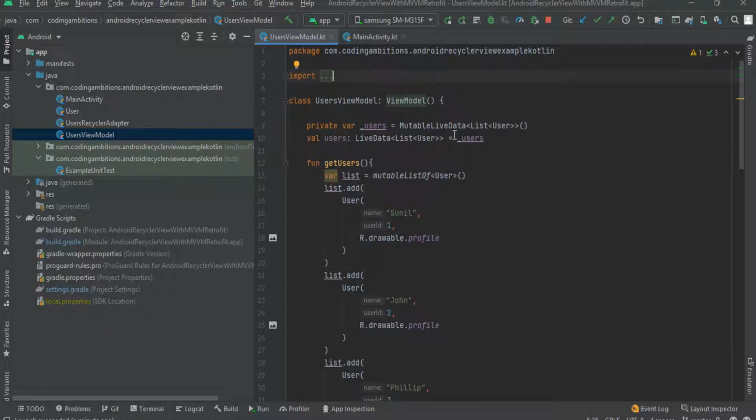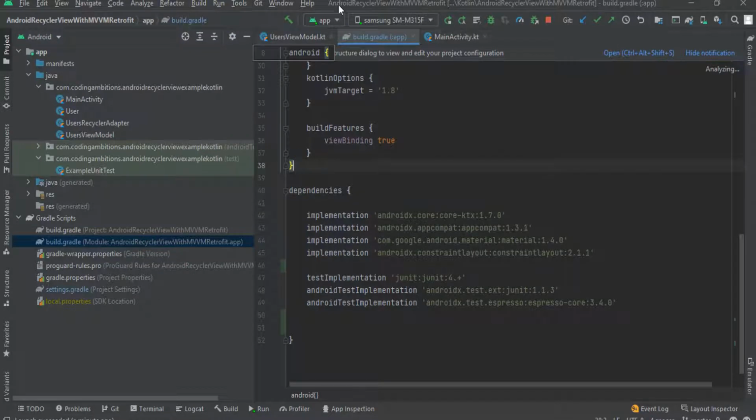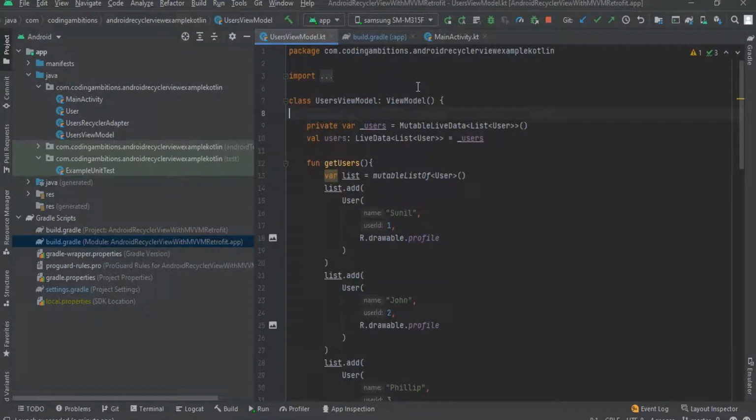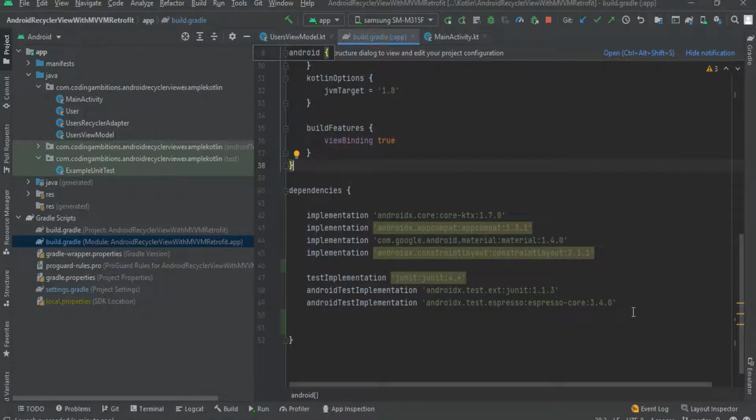So first of all, we will add some dependencies in Gradle, because if we want to use Retrofit for networking, then we will have to use coroutines as well. We will have to use the library for coroutines and Retrofit, and with Retrofit we also need a converter factory. You will not understand that by this time, but you will understand it later in the coming videos; in tutorials I will cover those topics. In this video I will just tell you the basics of those libraries or concepts. So first of all, let's add the